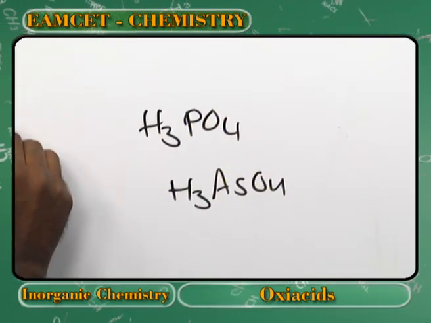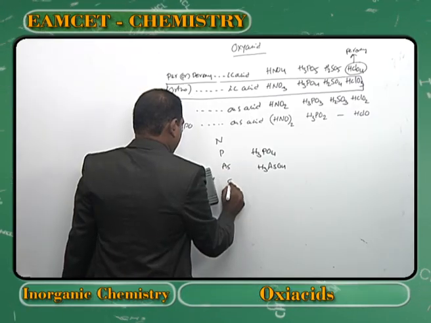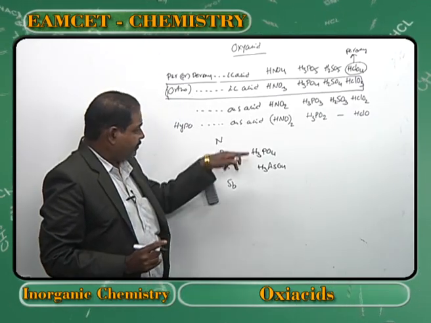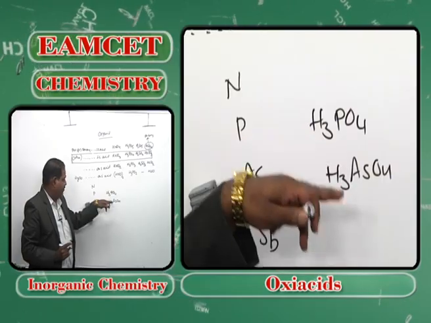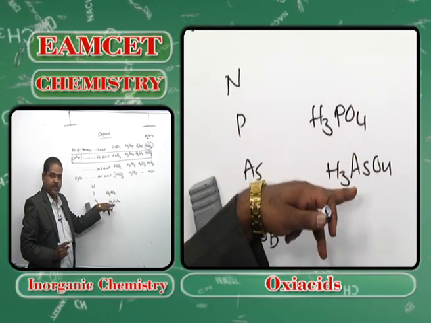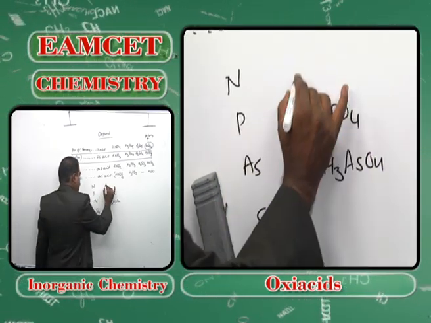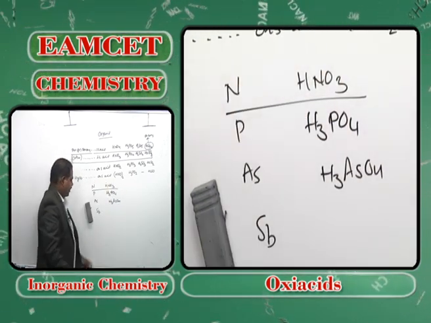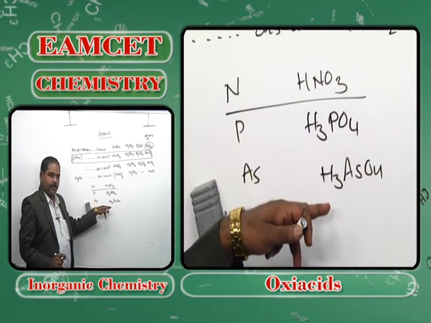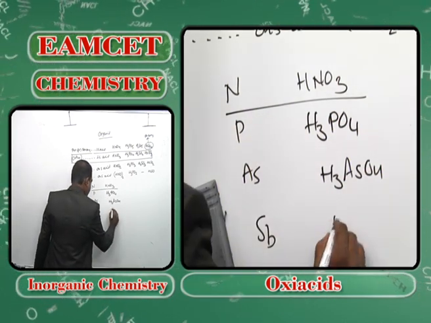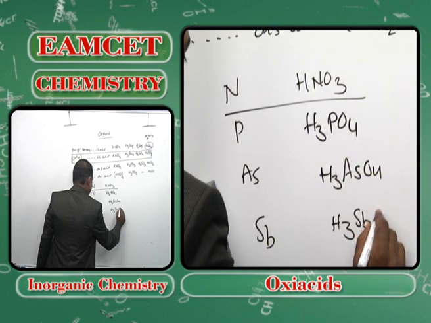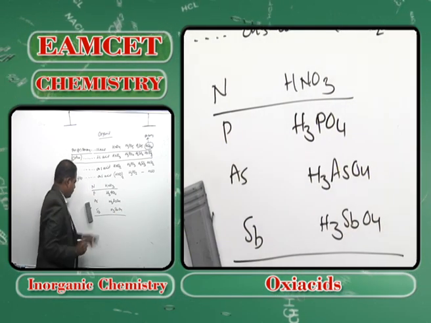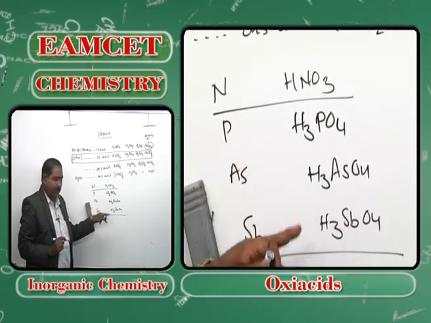You know nitrogen, phosphorus, arsenic, antimony belong to the same group. So whatever be the formula of phosphoric acid will be the same for arsenic acid. You may get a doubt, why not we imitate HNO3? Nitric acid is only HNO3, but the other one is H3PO4. So antimonic acid, if you want H3SbO4, it is beyond the scope of your particular exam, but still you look